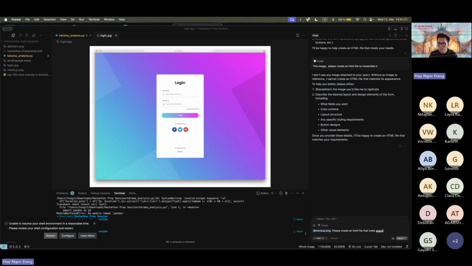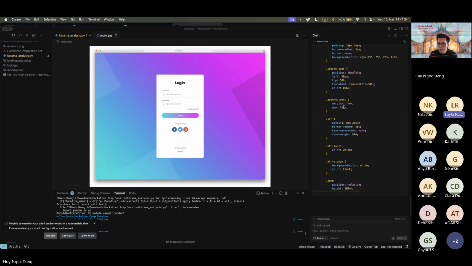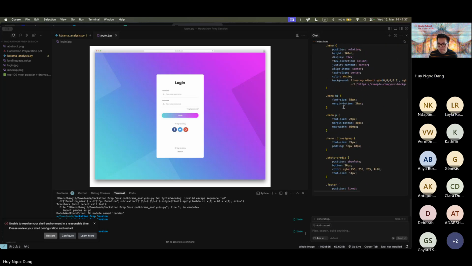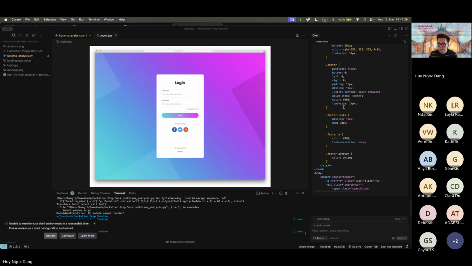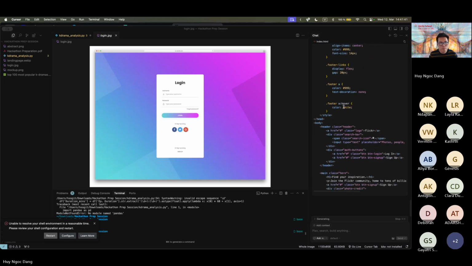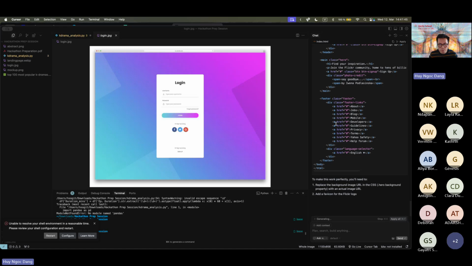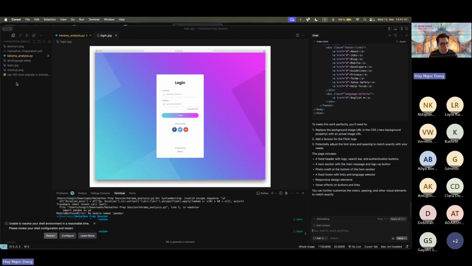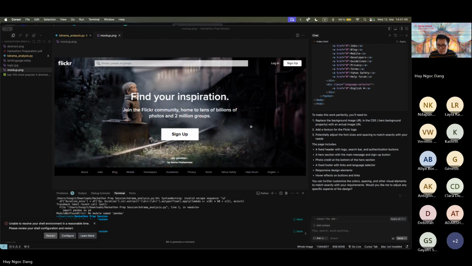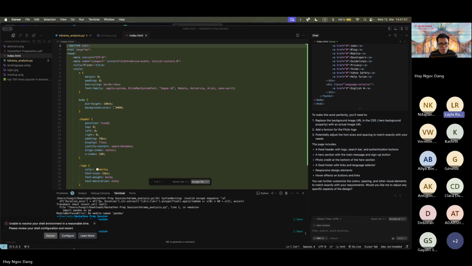Okay. Now we have the HTML code. I'm not sure actually which one I put. I think it's this one. Okay, now we have the file here.